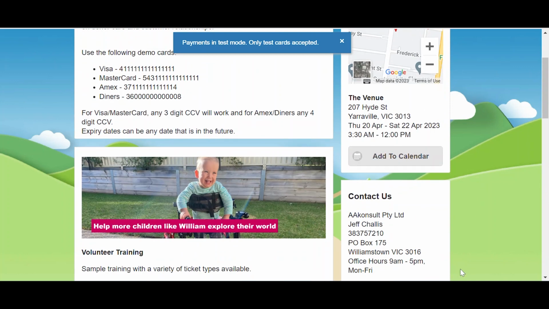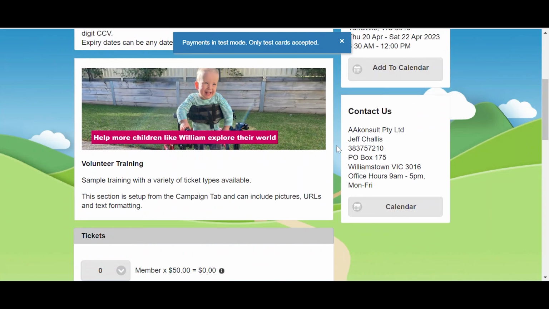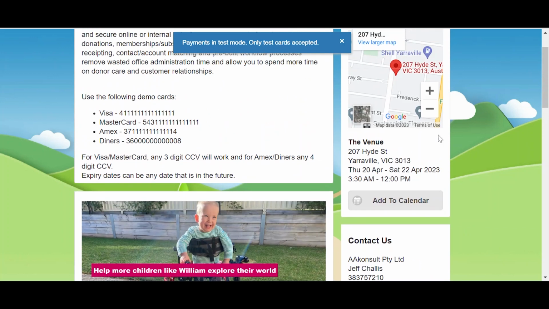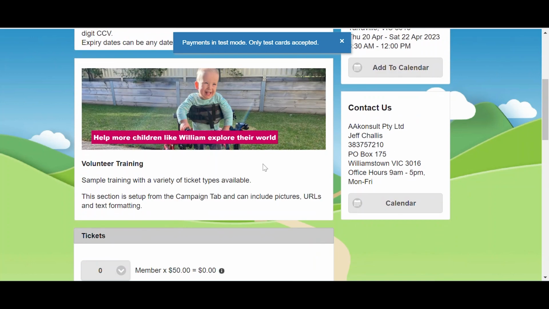So you can put these on the side. I've only got 2 of them here. So I've got the contact us and the add to calendar one, and you can reorder those. This information here comes from your campaign inside Salesforce. So what we're doing is we're allowing you to purchase tickets, and then it will still go to the campaign object inside Salesforce. The idea behind that is we're using stock standard Salesforce campaign and campaign members, and then